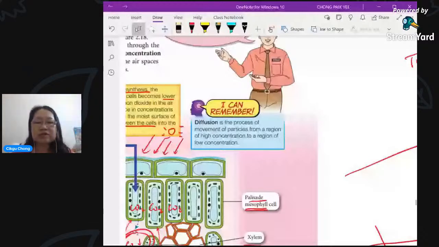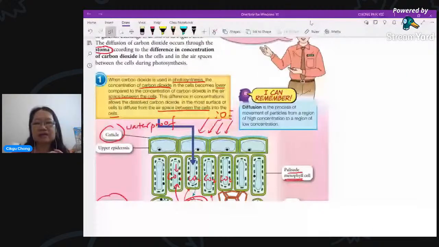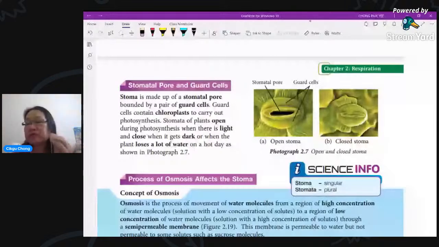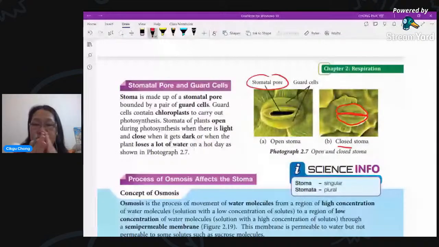All right, now let's look at stomata. Look at this. This is the stomata pore. So you want to label the cells at the side here. This is actually the guard cell. There are two guard cells here. The shape of it is like a bean shape. So the pore is not actually closed up. Like I said, it's not really 100% closed. It must allow oxygen to move as well. So the size of the stomata pore is actually controlled by the guard cell.